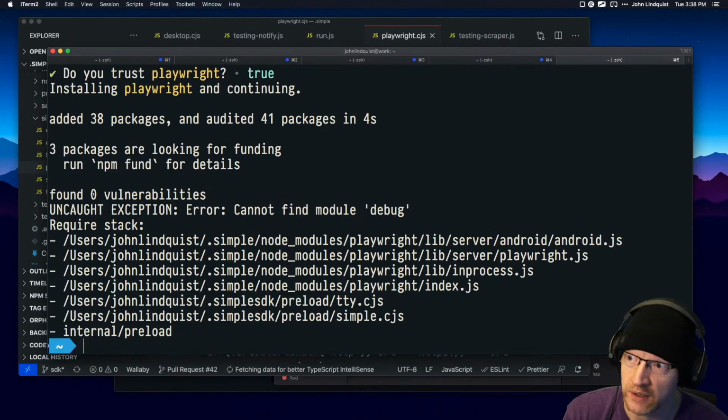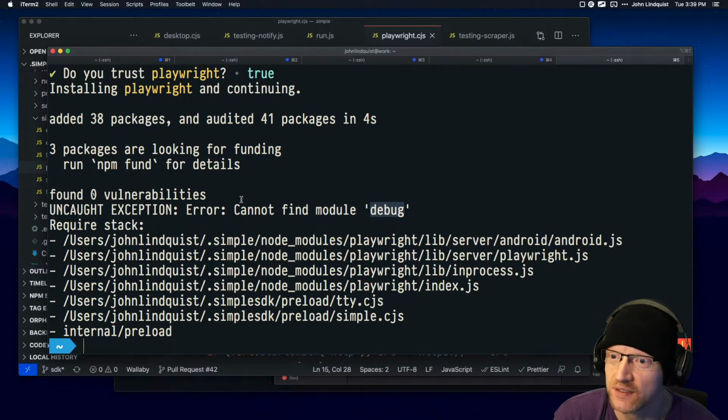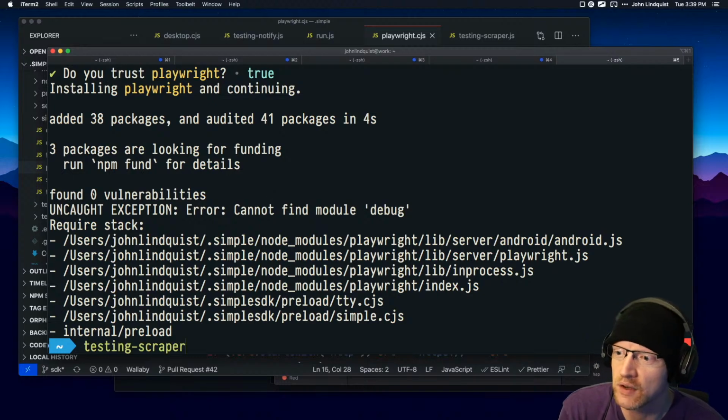So you can see it's automatically prompting me to install Playwright. Debug is one of those that I should just bundle with simple, because if you try and lazily install Playwright or lazily install Express, all of them want debug, but they don't have it listed in dependencies. I think if I run this again,